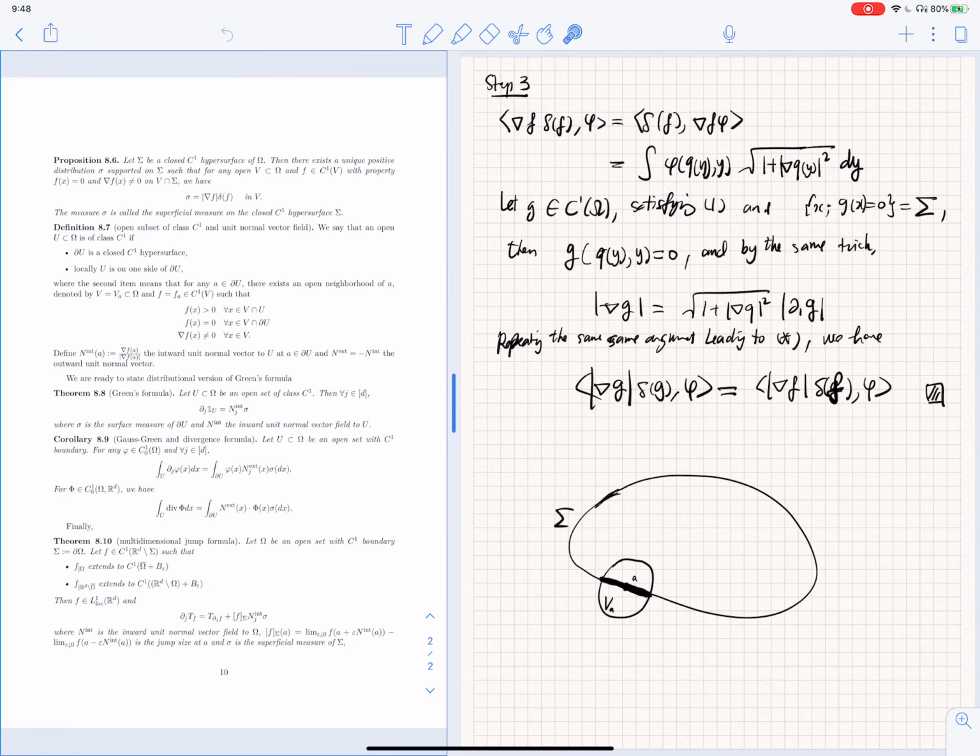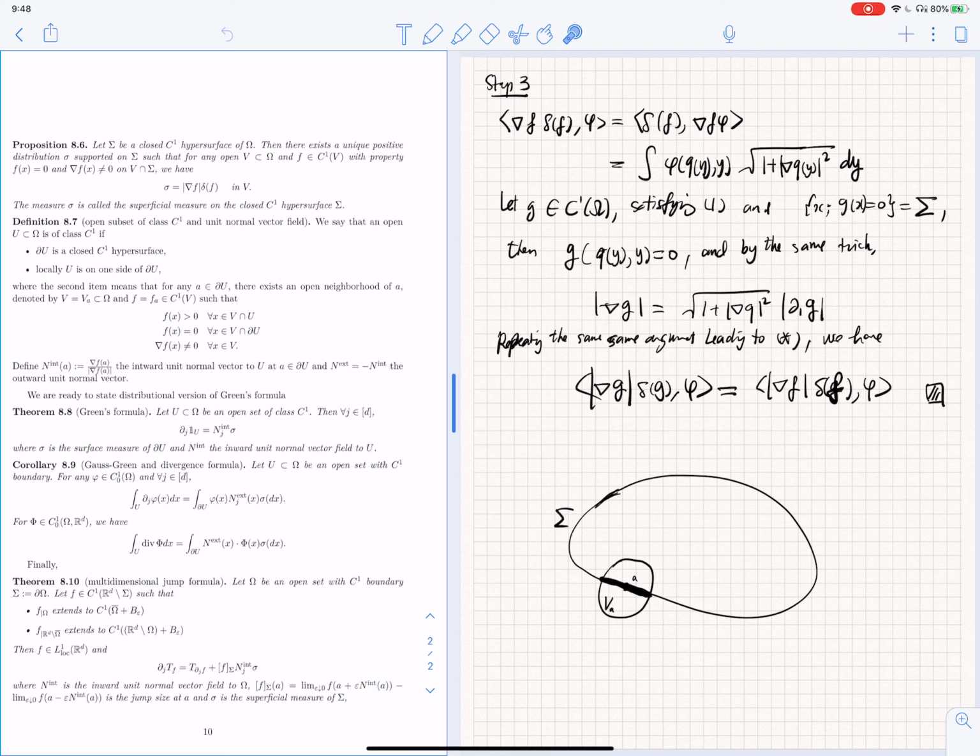It says that if you have a closed C1 hypersurface of omega, we call it capital sigma, then there exists a unique positive measure, small sigma, supported on capital sigma, such that for any open subset V of omega and any C1 function in the open set V, with the property that the function vanishes on the intersection of sigma with the open set V,